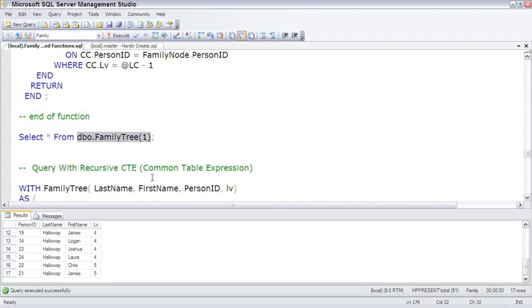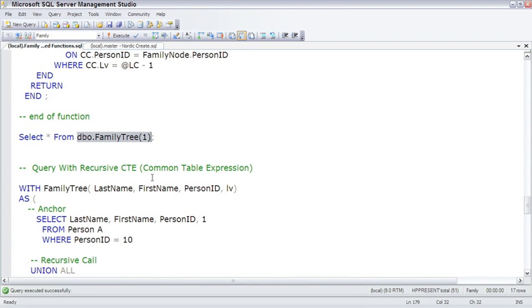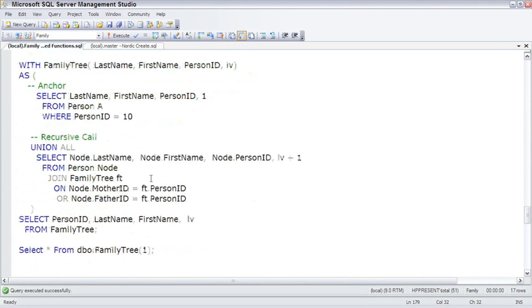Now that I've shown you how to navigate a hierarchy using a UDF, let me show you the recursive CTE, or the recursive common table expression. It's similar to the CTE we already saw, but it too will have an anchor and then a recursive call. To walk through this, this is the exact same logic as the UDF, but it's formed within a